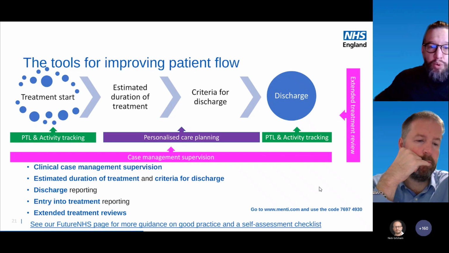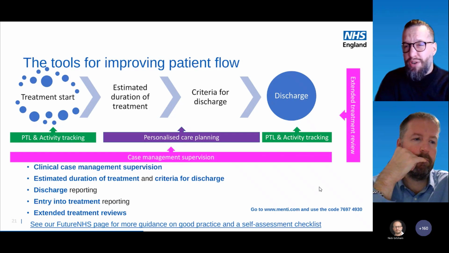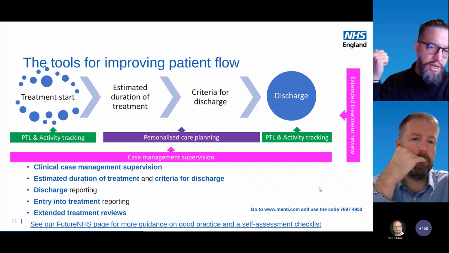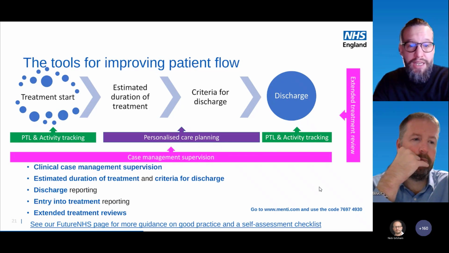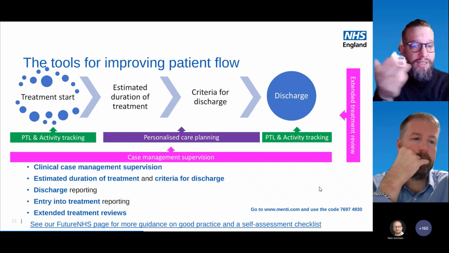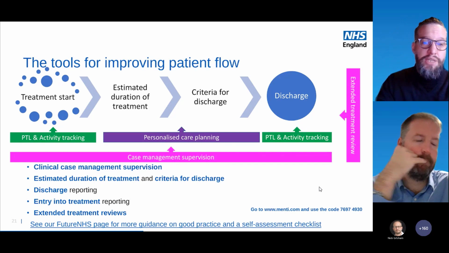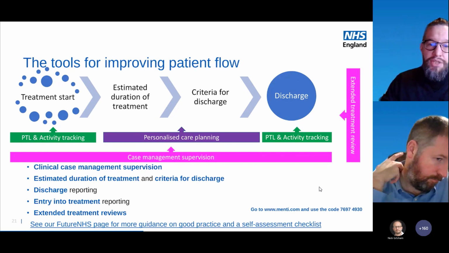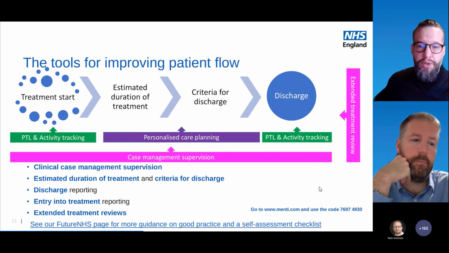Discharge is also a key point of clinical risk. There's a loss of established relationship for the patient and their carers. There's a loss for the clinician. There's a change in accountabilities around ongoing care and treatment. And that can often lead to changes in clinical risk, a lack of clarity about treatment responsibilities from a governance perspective, a lack of understanding around how to access support, feelings of loss, rejection, abandonment. So it's critical that these factors are considered with each patient, and that they inform how the discharge plan is constructed and managed to ensure that patient movement between services is safe.